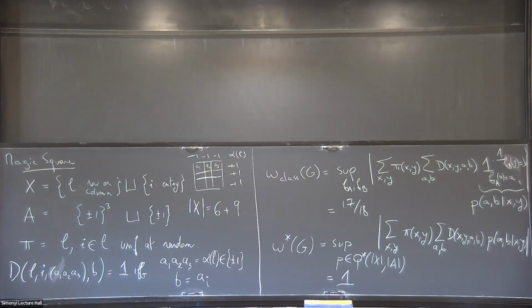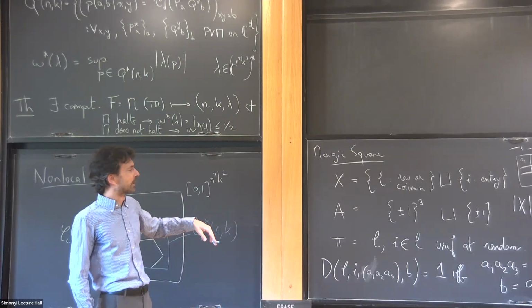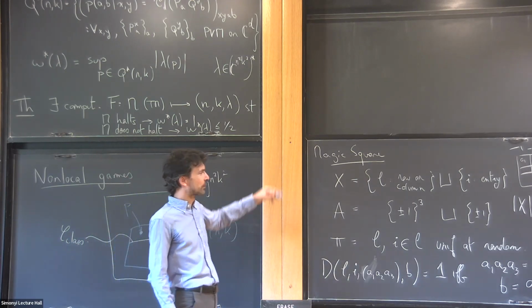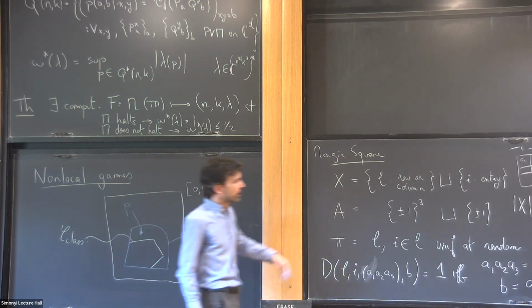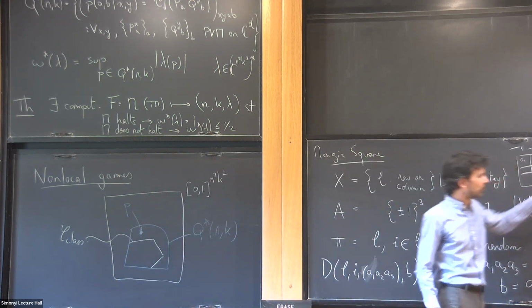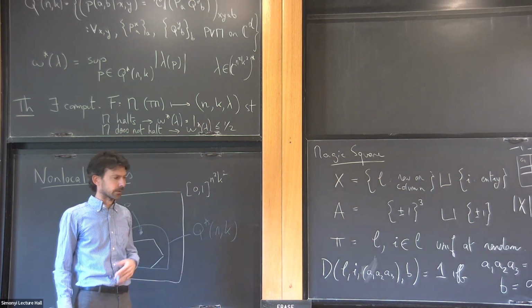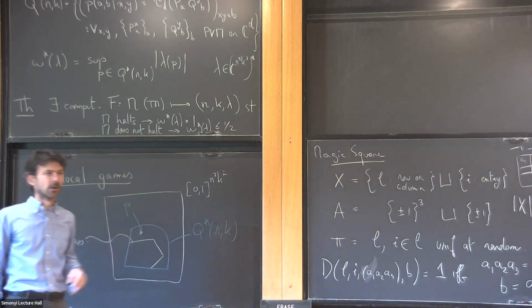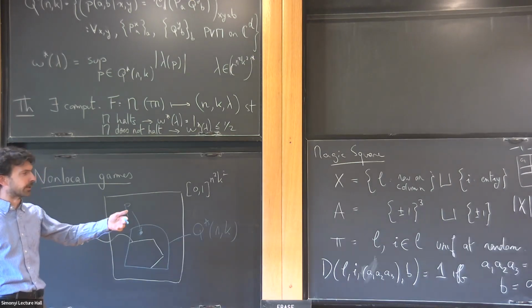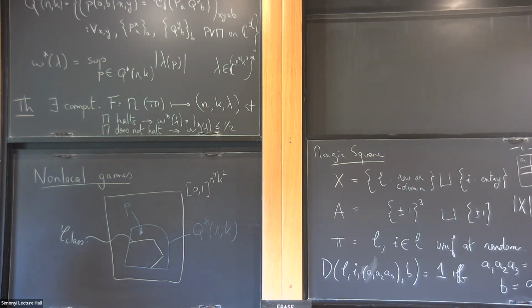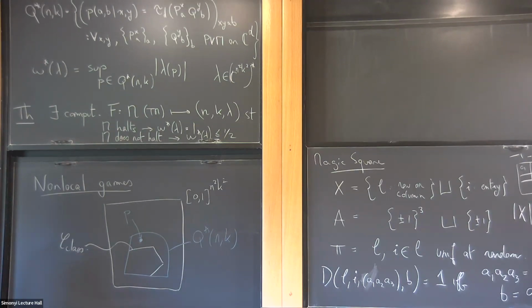Right. So there's a more famous, more well-known game called the CHSH game. It's more well-known because historically it came before this one, and it's a bit simpler. But it has a separation between these two numbers, and the experiments were done starting in the 80s, I think, up to about 10 years ago, where all kinds of loopholes were closed, and the Nobel Prize went to the experiments from the 80s this year.